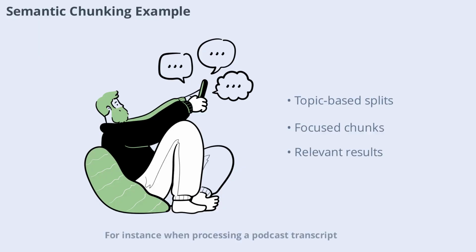For instance, when processing a podcast transcript, semantic chunking detects when the conversation shifts from early childhood education to venture capital investing. The text is split at this transition, ensuring that each chunk remains focused on a single topic for